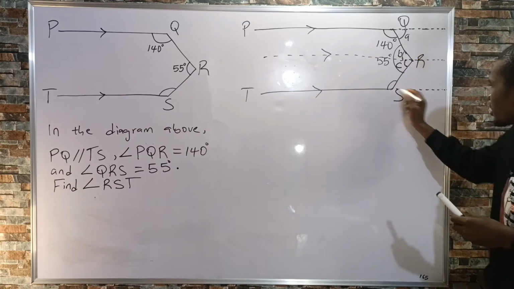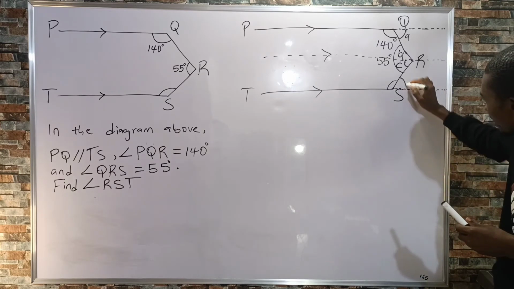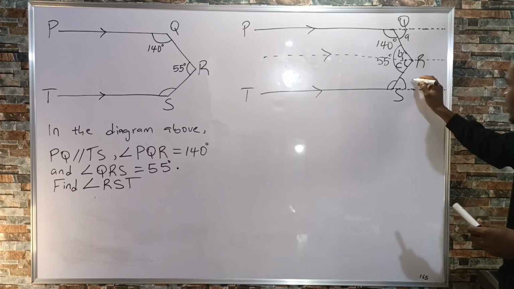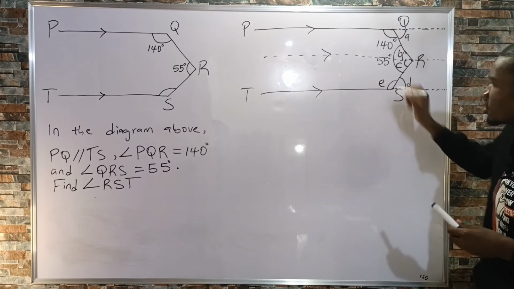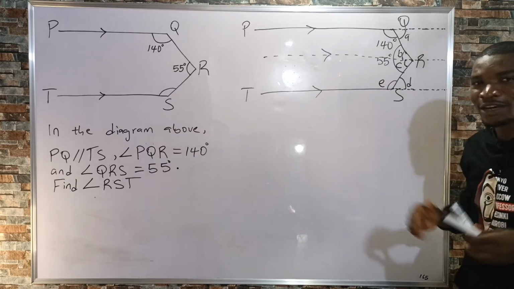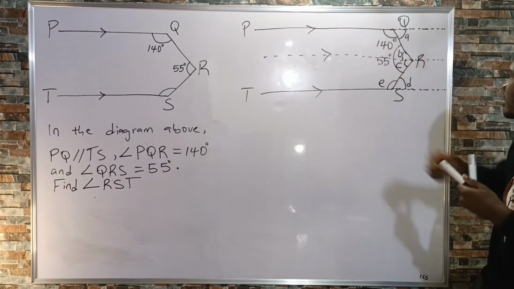Then also coming here, since we already projected another line here, that means another angle is formed here. Let me call it angle D. Then for this remaining angle here, let me call it angle E. We are then good to go. Coming here, we can easily say that